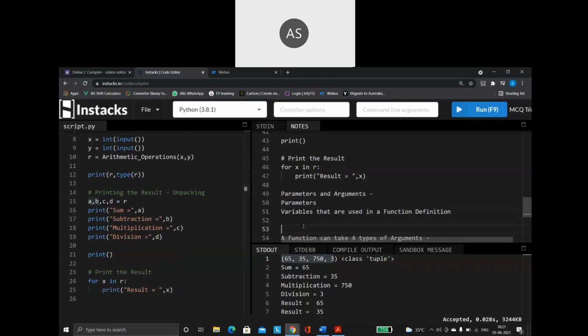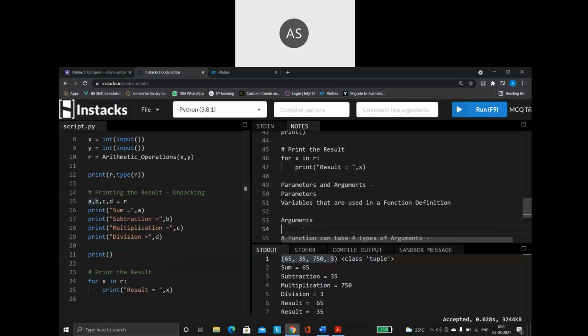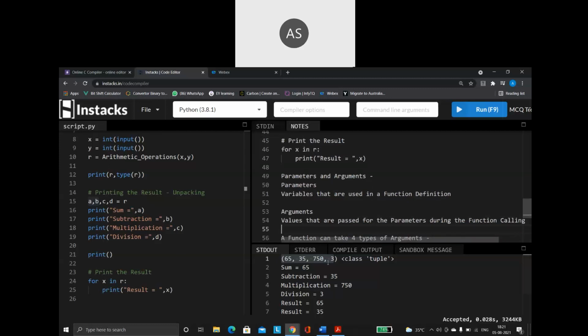Then what is an argument? Arguments are nothing but the values that are passed for the parameters during the function calling.